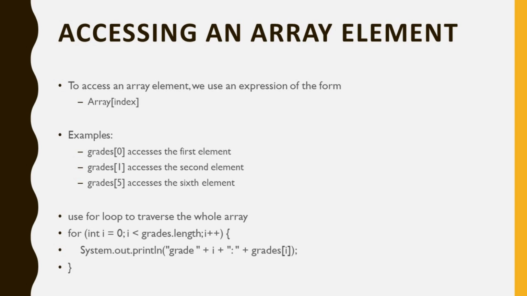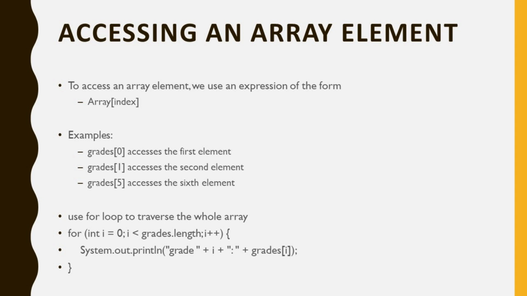And now I will talk about how to traverse the whole array. Basically we just start from the first element in the array, which is at index 0, and increment the position by 1 each time, until we get to the final element inside the array. You can look at the code here. First we use a for loop. Inside the for loop we start the counter i from 0 until i is smaller than grades.length,